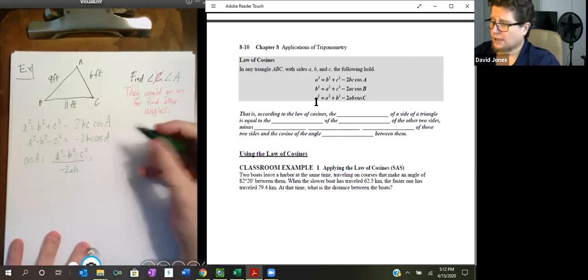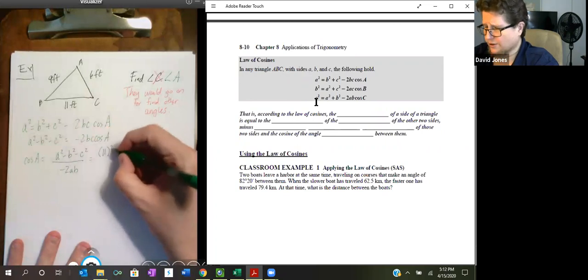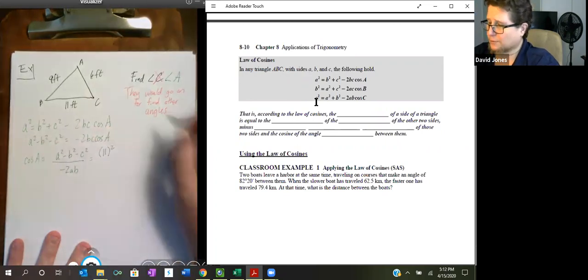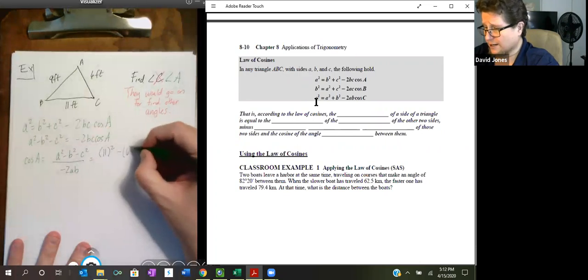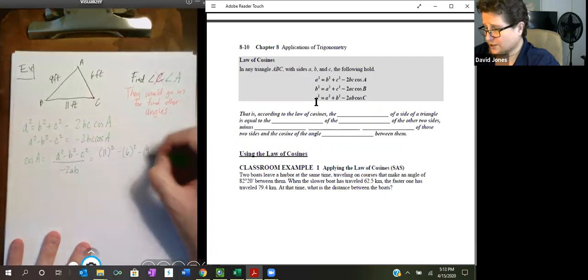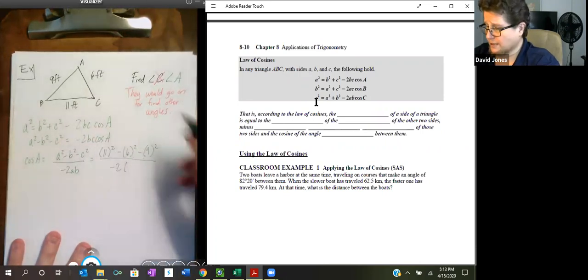Now I'll just plug in what I know. A is 11 feet squared. We already know the units canceled out. We saw that in the last problem. So 11 feet squared minus 6 feet squared minus 9 feet squared over -2 times